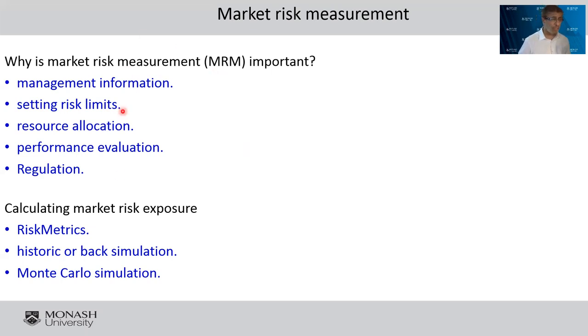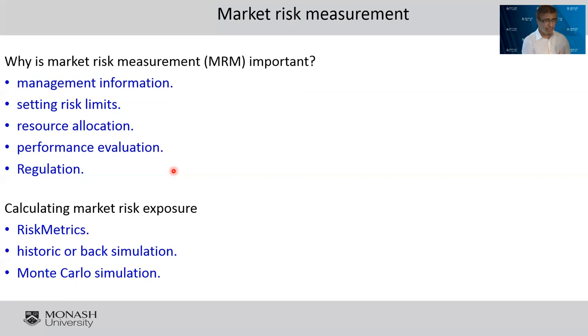Finally, we need this information for regulation. And regulation is very important, as I told you, and regulators use it to see how much risk you are taking, and whether you are complying with the standards, and they want to check your exposure. And one more important thing is to measure, in case you encounter any risk, whether your capital will be enough to buffer that risk. So actually, when we talk about market risk, it's part of the calculation of capital adequacy, which we will take in week 11.